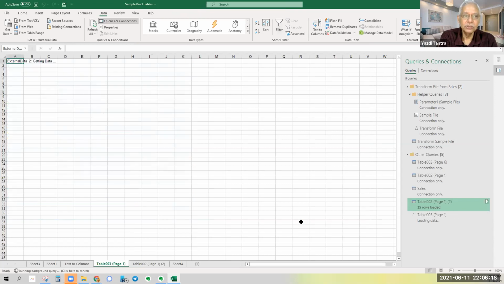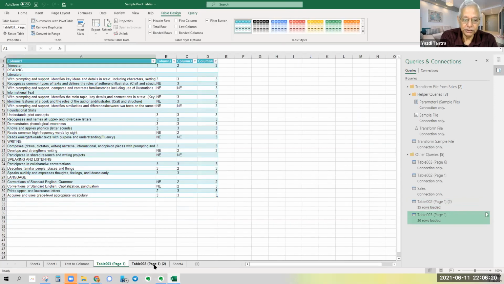Okay, so it loads onto a different sheet. See, the earlier sheet was down below. This is a different sheet and all the scores are right away. Each item is in a different cell. It is analyzing the entire PDF file and importing it and giving it to you as a table. Now you can work on it. Now you can format it, you can change the figures, you can do whatever.